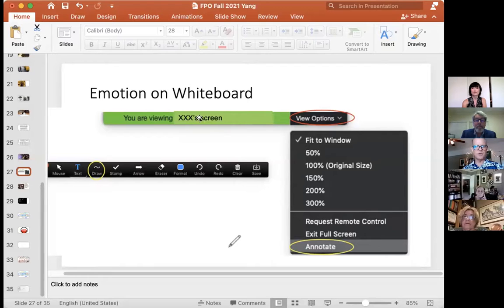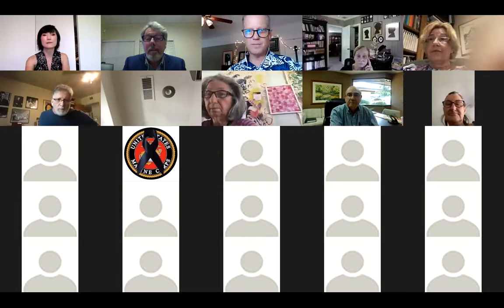It'll say you are viewing Stephen Wilson's screen or whatever it says. Then under view options, if you drop down, there's something that says annotate. And then you can choose draw or text or stamp. And you can draw on the whiteboard that I'm going to show you.